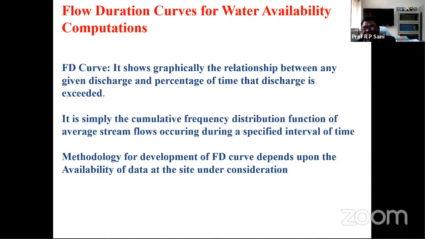So to take the design discharge under this much variability, we adopt some mechanism. Civil engineers and some other branches know this as the flow duration curve. We try to understand in what way the discharge varies throughout the year in that stream. Then we find out what discharge is available to me over the maximum period of time, and what capacity will be beneficial to me. That discharge is to be determined, and that is known as the flow duration curve.